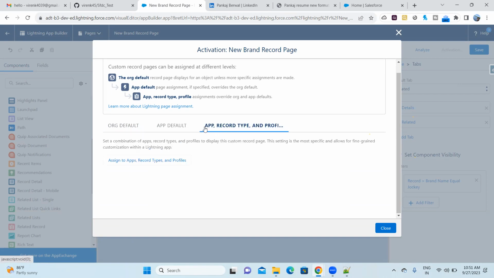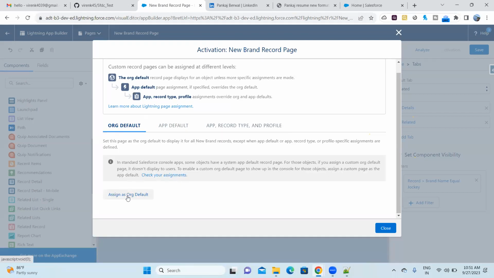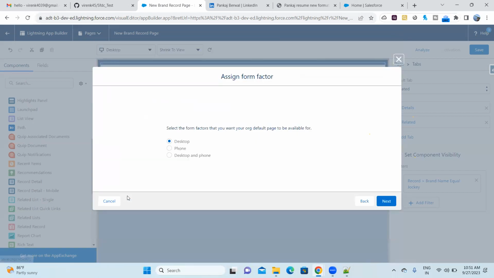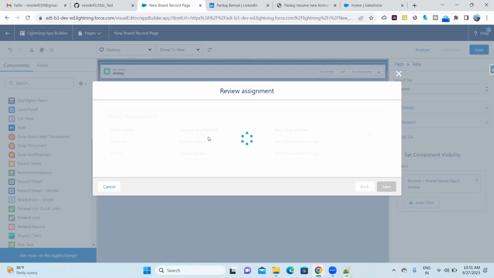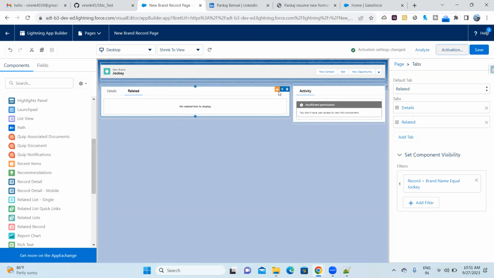It has the option of app record type profile. So we have not seen this option. I mean, record types, we have not learned it, so we'll not understand it for now. We'll understand it later when we are learning record types. So you can do an org default, means all people who land on this page will be seeing the same FlexiPage. Okay. Same FlexiPage in the sense, with visibility. Okay. So org level we have assigned visibility.